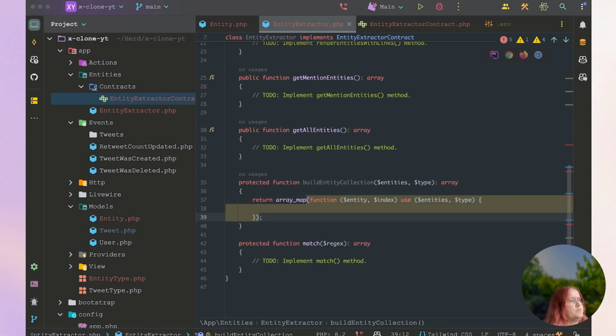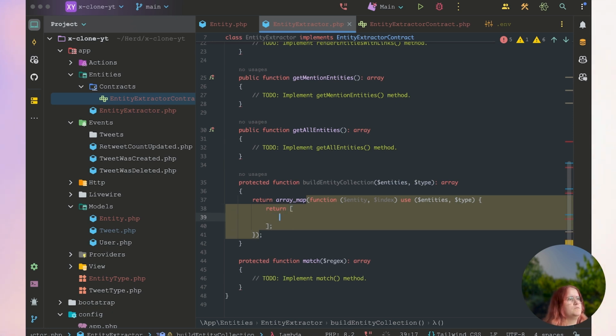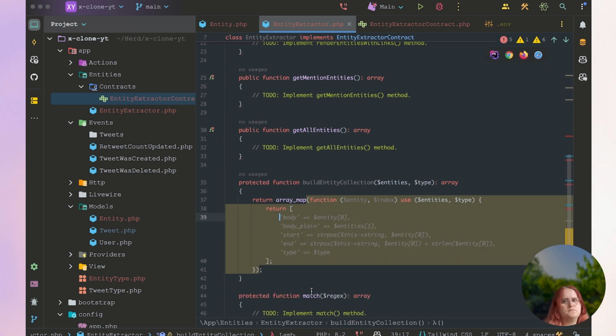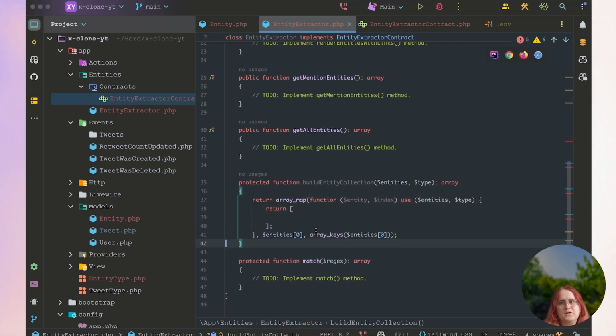So we'll make sure we're returning correctly right here. And then in here, we're going to return an array. Down here at the bottom, we just need to make sure we are returning entities with an array keys entity